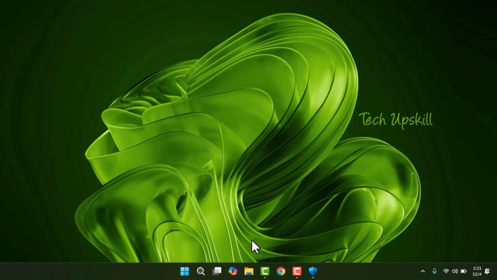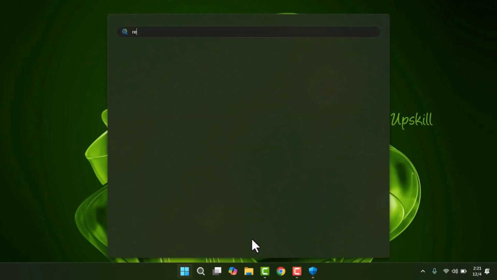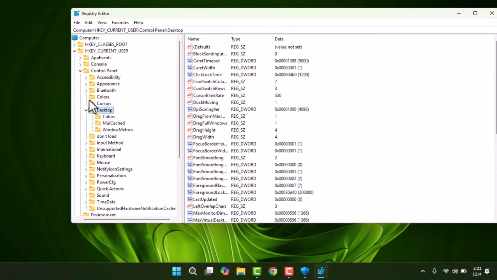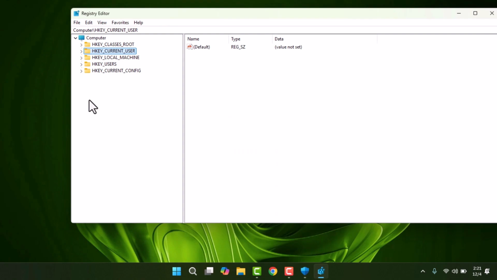The second step involves checking the default value for VBS through the registry. Press the Windows and R keys together to open the Run dialog. Type regedit and click OK. Then give permission by clicking Yes. In the registry editor, navigate to